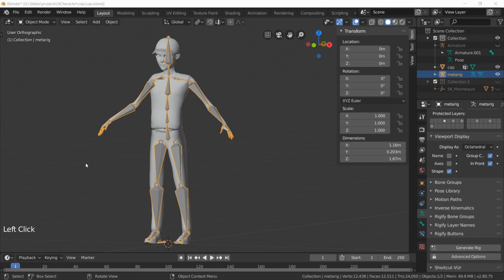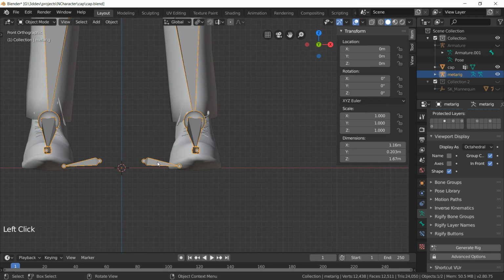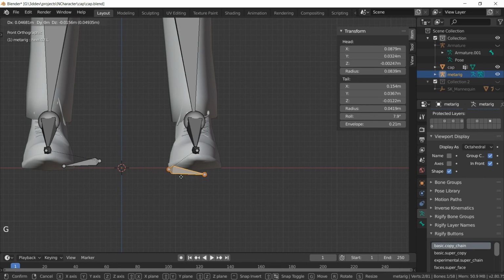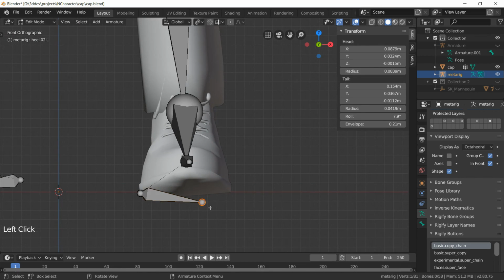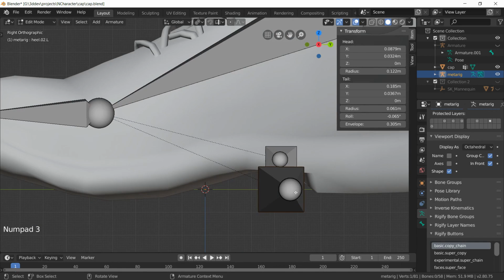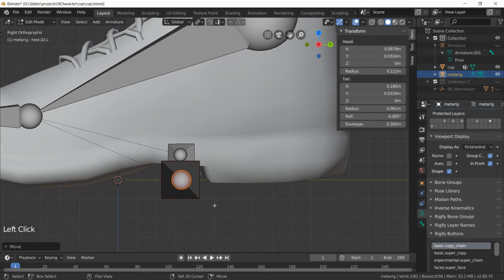Now I'm going to go to the front view, and we have to set the heel bones for this meta rig. So I'm just going to go to edit mode, select this bit, G key, grab it, put it like so, and then I'm going to grab this bit, put it over there, and then for the Z values on this thing, I will set them to 0, so it's just flat on the floor. And same for the other side, put this to 0, and then go to the side view, and I will use the G key, lock on the Y axis, bring this back a little,